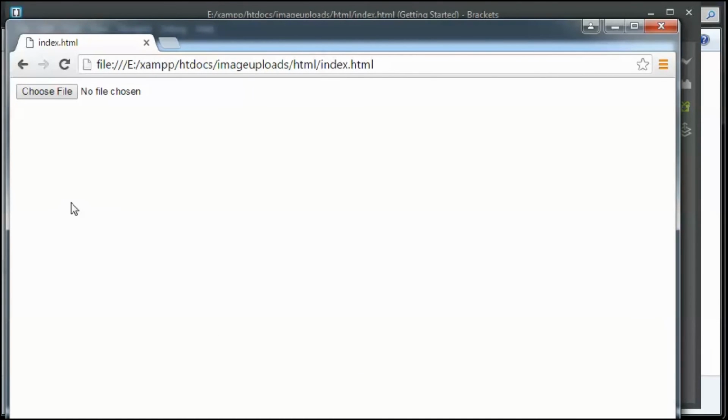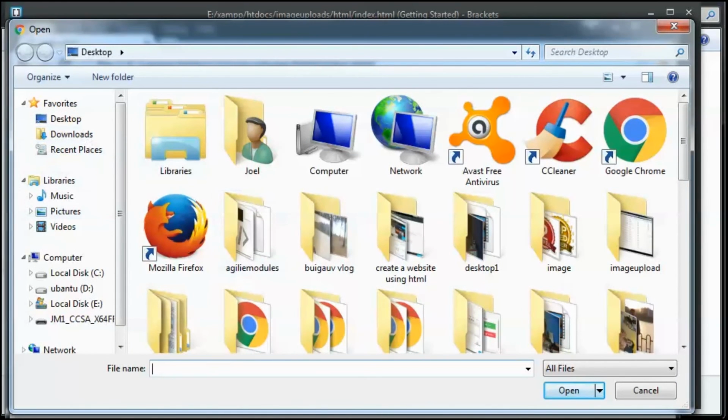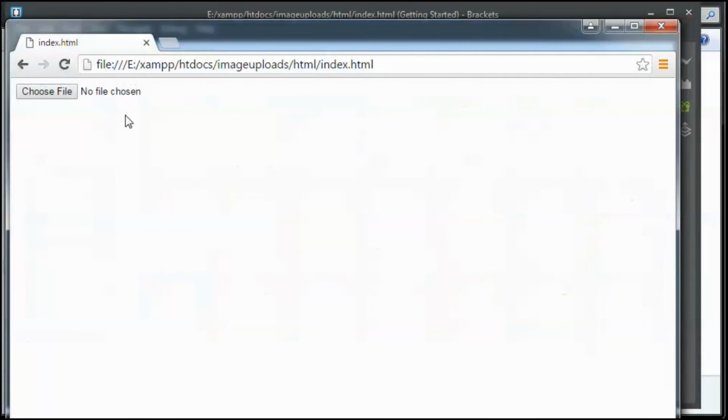So once we select an image from here, what I want to do is display the image right over here. I'll show you how that is done. It is a really simple thing.